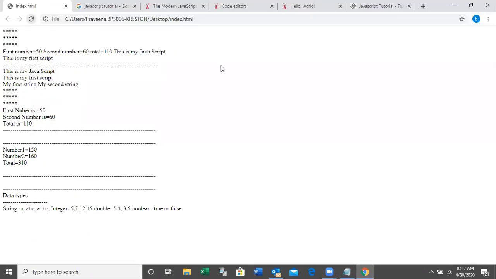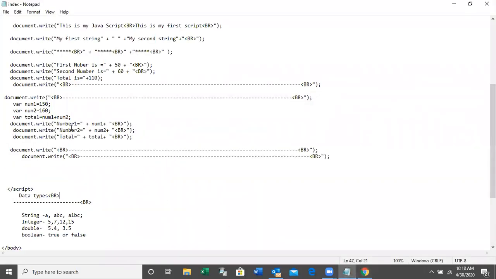You can understand it, right? See, num1 is equal to 150, num2 is equal to 160, total is equal to 310. Right. If I want to add 3 numbers, what can I do?